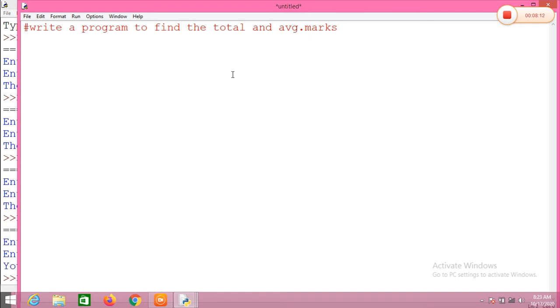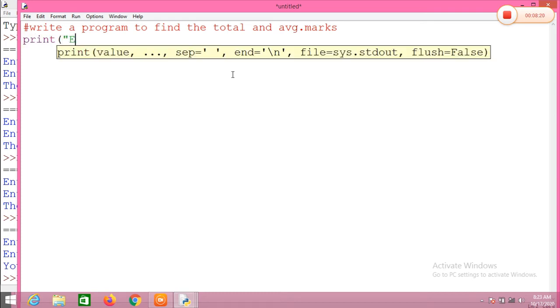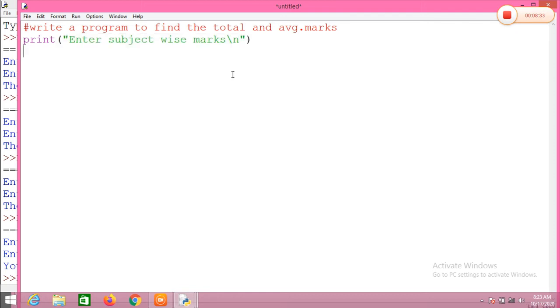At first we need to display a message, enter subject wise marks, means print enter subject wise marks. The next line, means \n, right? So it will ask us max marks like this, okay?